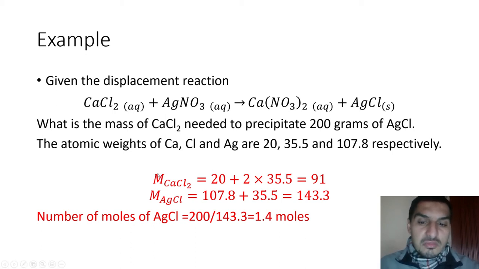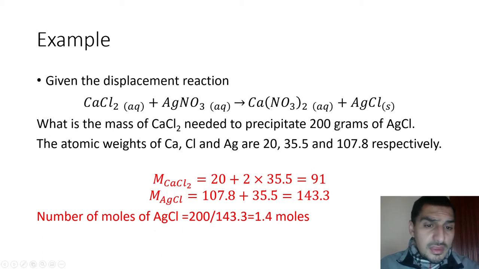So I first calculated the molecular weights of the two species of interest to me, which is calcium chloride, which is calcium, 20, plus 2 by 35.5, and it came up to be 91. And then the molecular weight of silver chloride is 107.8, which is the silver, and chlorine is 35.5. So I got the molecular weights of the two components,